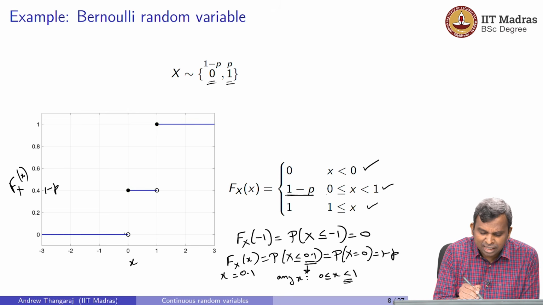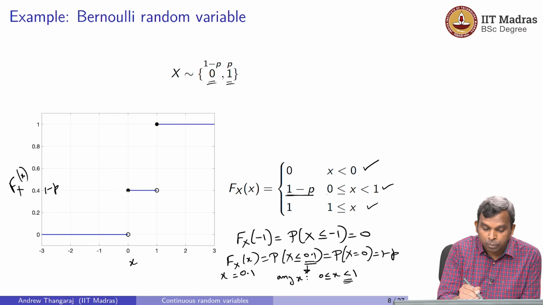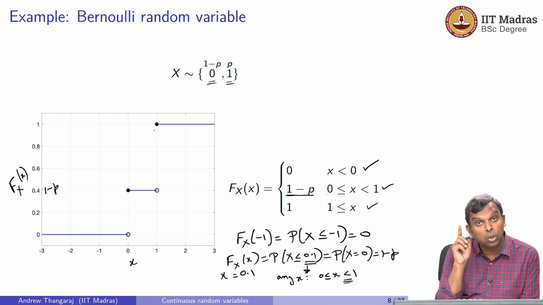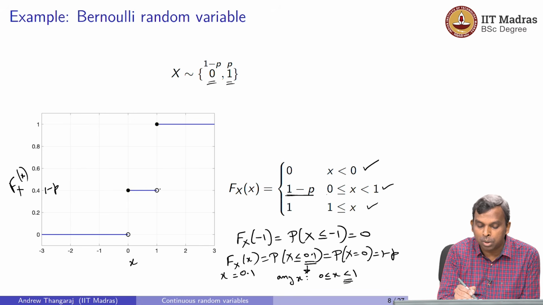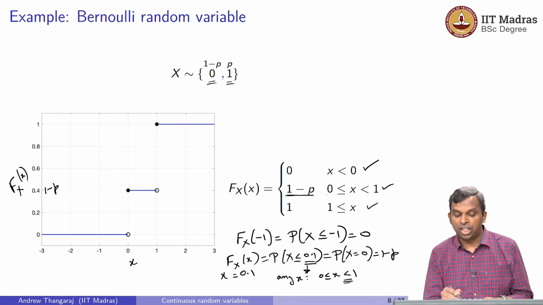Now you have this filled circle and open circle here. Think about why that happens. See, at x equal to 0, there seem to be two values here, right? So I have to tell you which is the correct value for Fx of x, and looking at this very closely, you say at 0 Fx of x becomes 1 minus p. So you should put a solid circle on top and an open circle at the bottom. Same thing at x equal to 1. When x is 1, Fx of x is equal to 1, so it's not 1 minus p. So at 1 minus p you put an open circle, and at 1 you put a solid circle. So it's just a figure to illustrate how the function Fx of x looks.